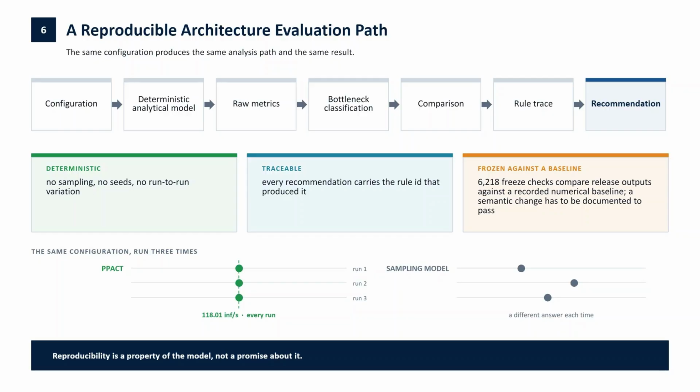The user, therefore, does not need to accept a recommendation simply because the system produced it. The user can trace which rule and which analytical result led to that recommendation. The third property is the freeze against a numerical baseline. In the current release,